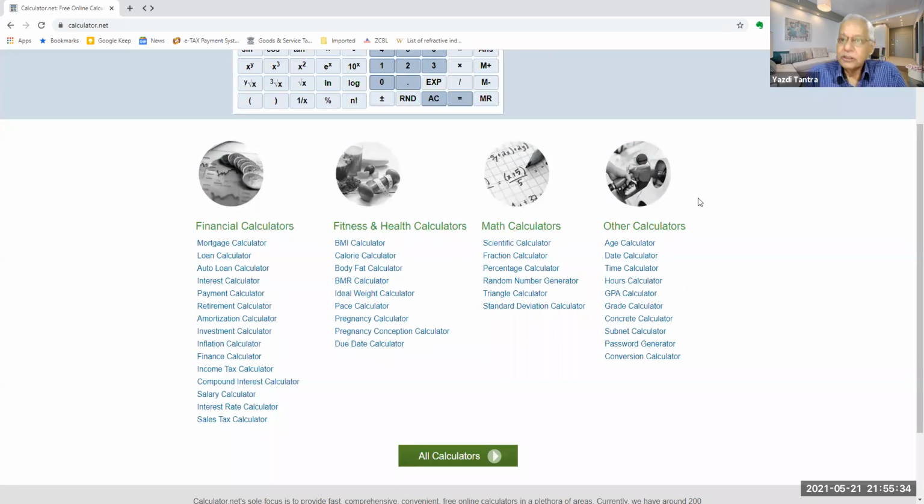We understand calculator is just plus, minus, multiply, divide, but here you are doing calculations in so many different ways and getting instant results without doing any calculations, without writing any formulas. It's absolutely very simple. So how many calculators are in this? Any idea? Can you count quickly?